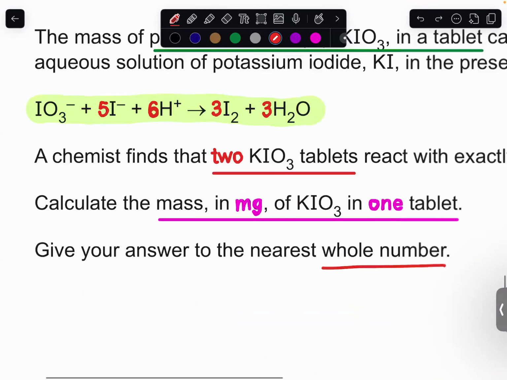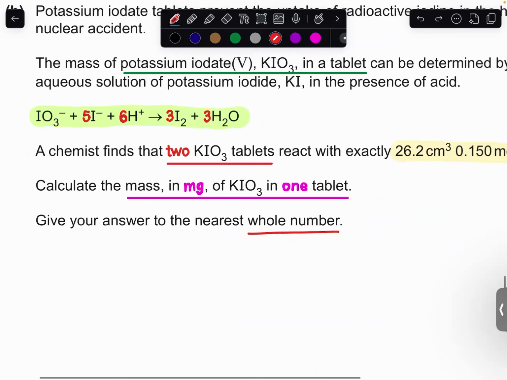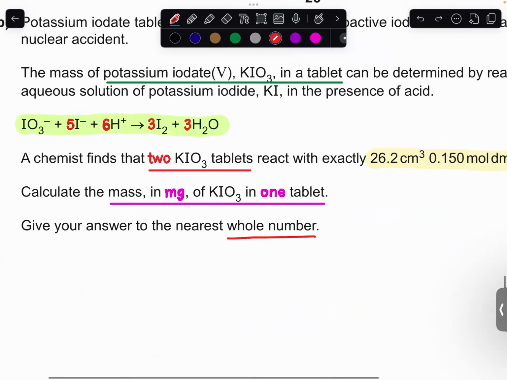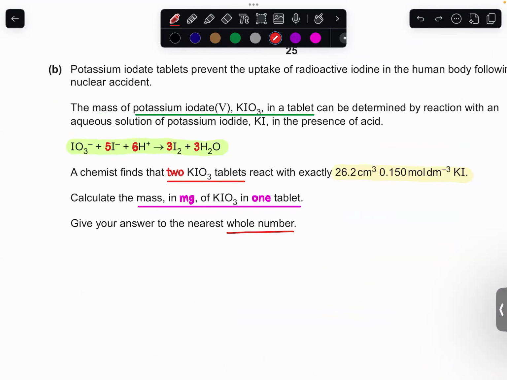So let's have a look at what they've given us. A chemist finds that 2 tablets, not 1 but 2, react exactly with this much potassium iodide, 26.2, which is your volume, and you've got your concentration. It's asking calculate the mass in milligrams of KIO3